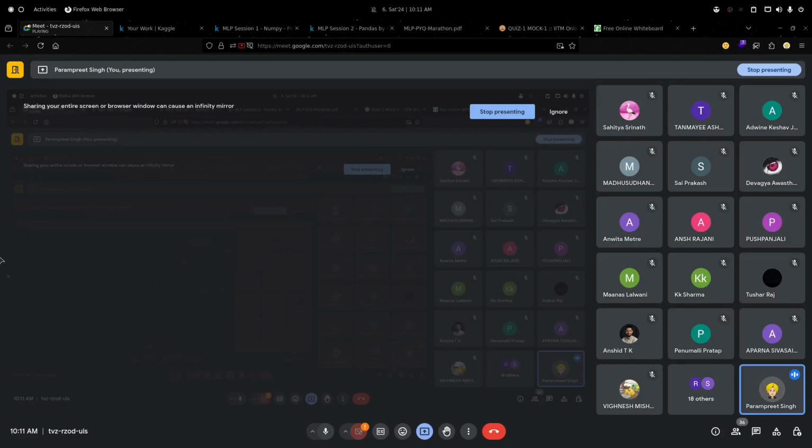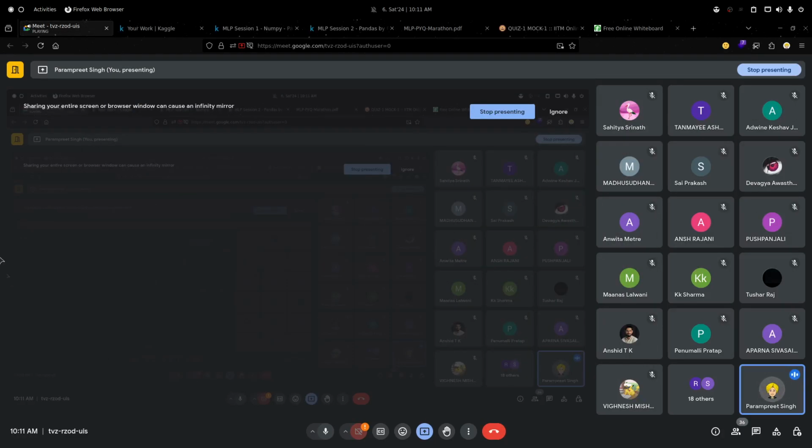Then one important function is isnull, and isna, both are the same. It tells us whether a specific value is null or not. If we normally do df.isnull, we get a data frame of True and False boolean values.